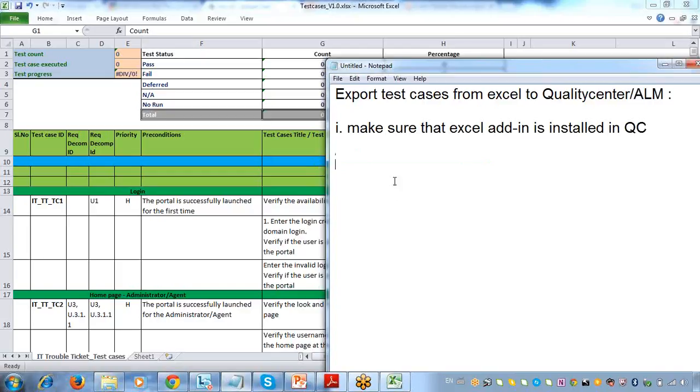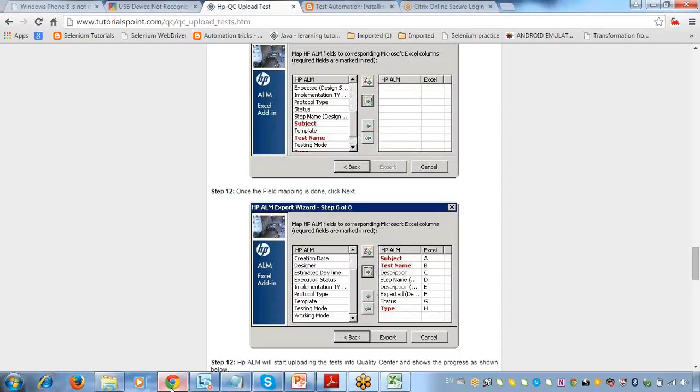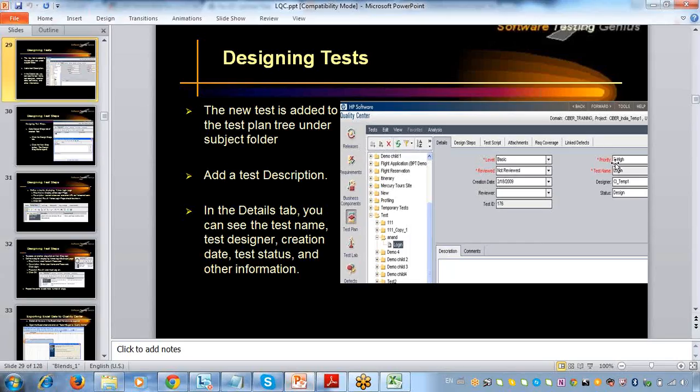Okay. So here, what I will do is give the mapping between your Excel and your ALM. In ALM, what is the field name? If you go to your ALM, you will see the name of that field. While creating the test cases, for each test case you will have your field. Say, for example, priority. Now I will map this with